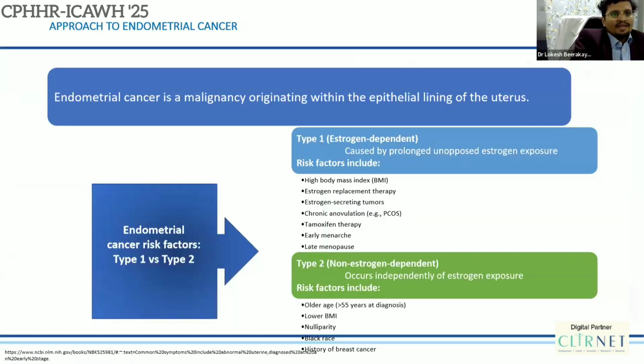Coming to endometrial cancer, it is a malignancy originating within the epithelial lining of the uterus. There are two different types: one is estrogen dependent, the second is non-estrogen dependent. These are the various risk factors. And also, when you are using hormone replacement therapy or estrogen replacement therapy, make sure you treat adequately and